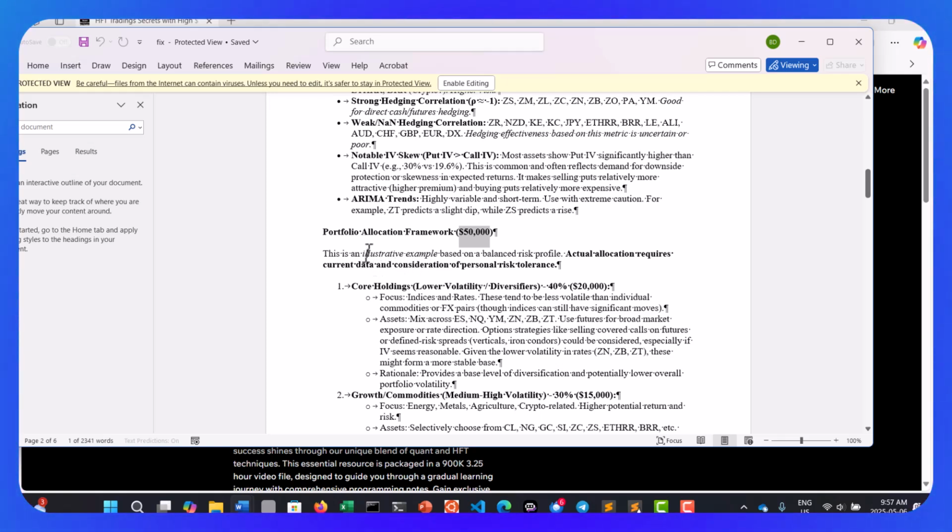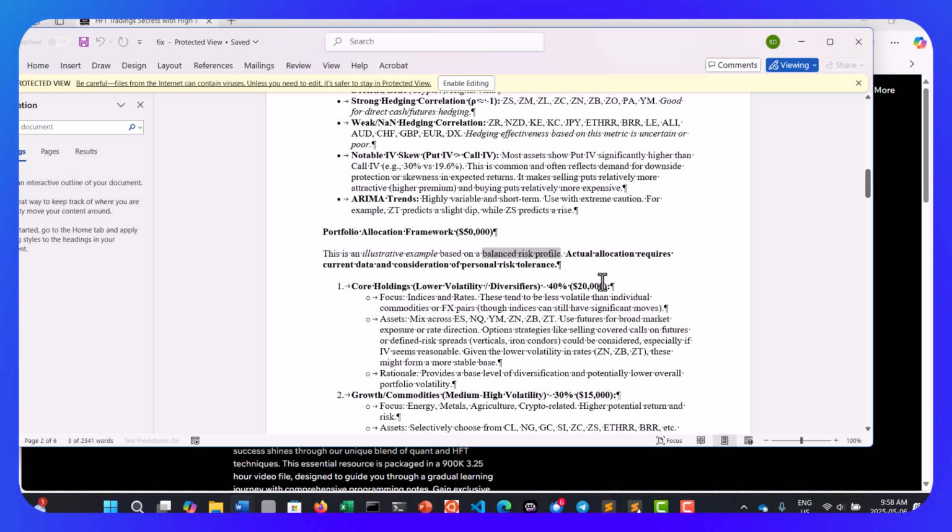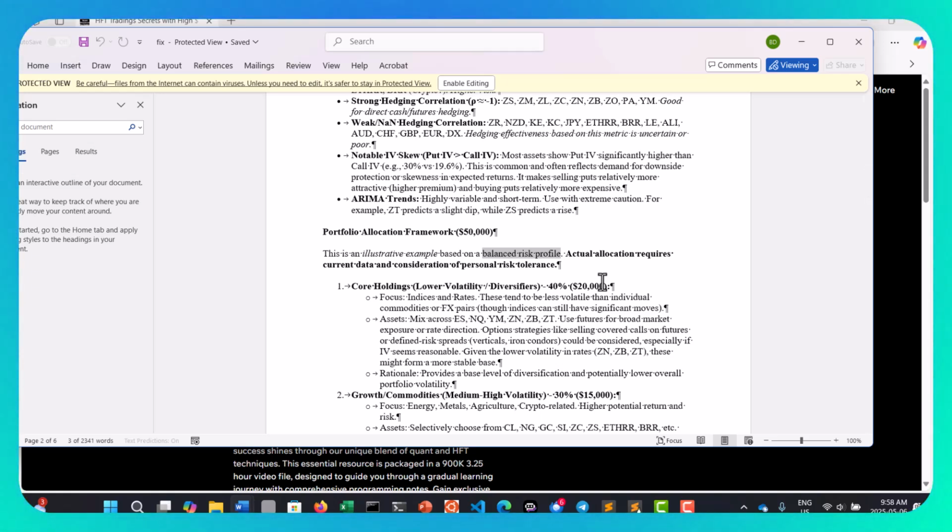So what we're trying to do is an illustrative example based around a balanced risk profile. This is what your portfolio analysts are supposed to do. Human based, but they're not going to do this. They don't have the capability. But with the automation, the full data set we're providing it with the different various strategy techniques, we're able to